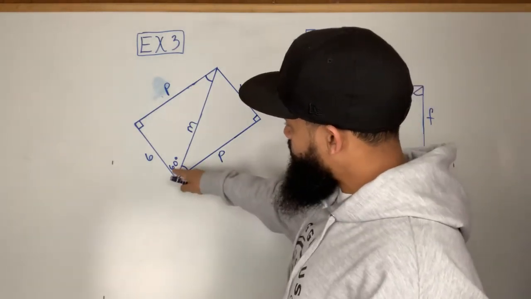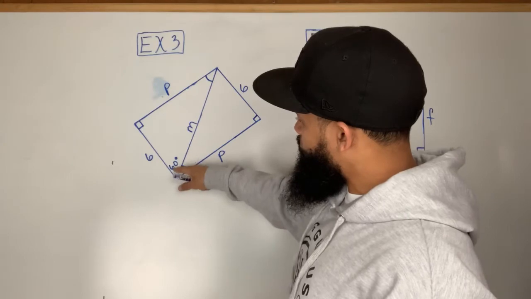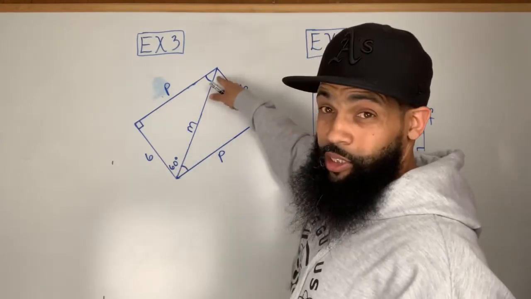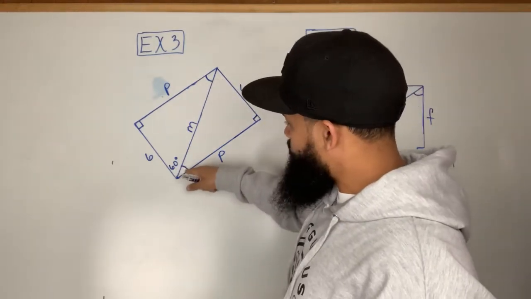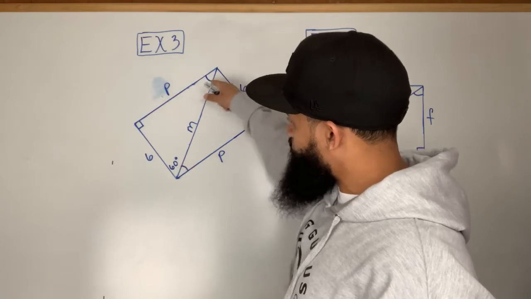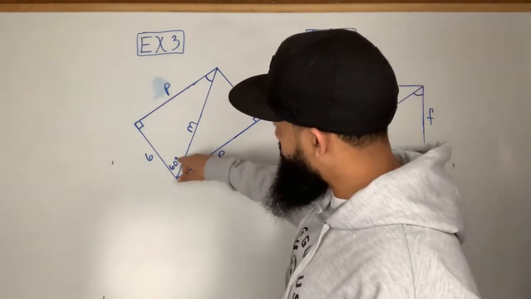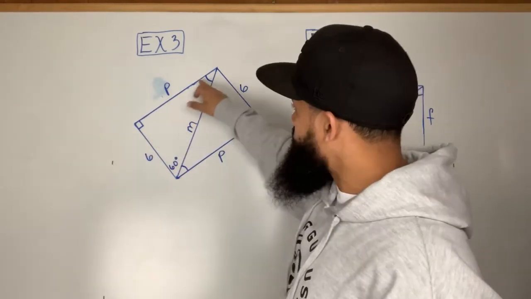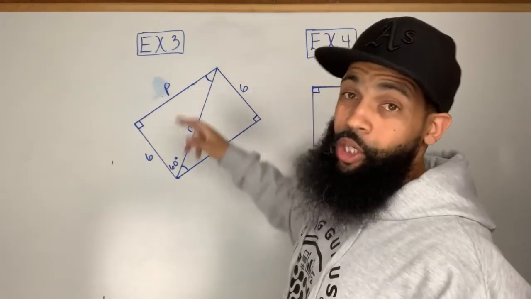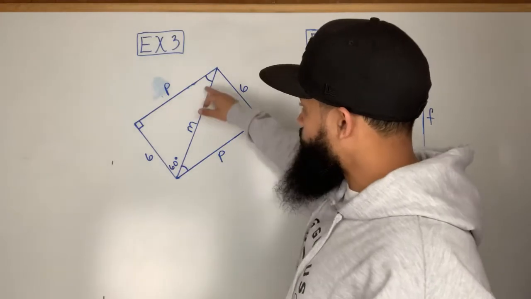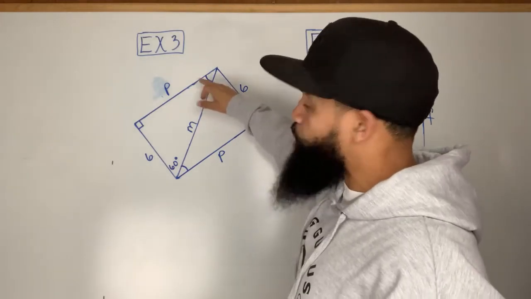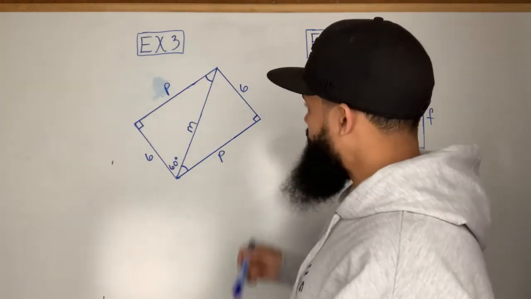We have the 60-degree angles labeled right here, so then this one would have to be a 60-degree angle as well. And then this mark tells me that this angle is congruent to this angle, which by the angle sum theorem, if this is 60 degrees and this is 90 degrees, then this third angle has to be 60 degrees as well. I'm sorry, has to be 30 degrees as well. All right, so let's find out what